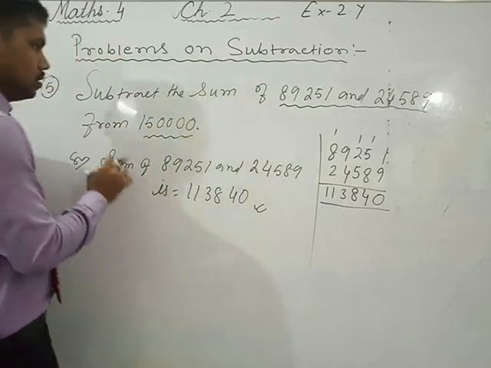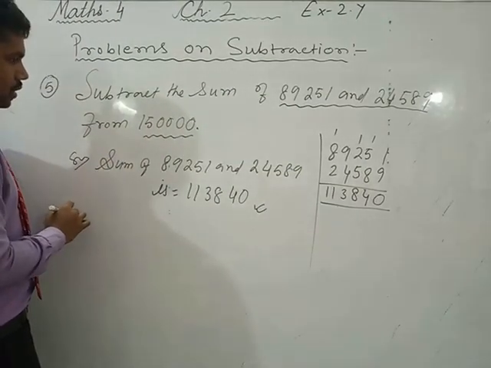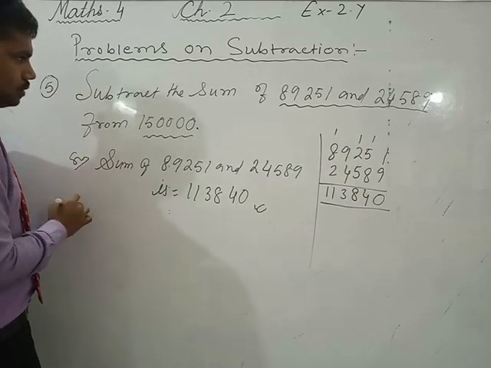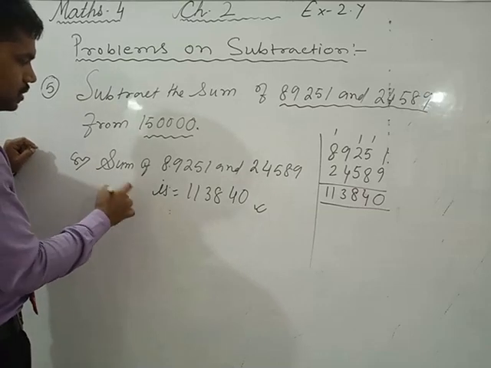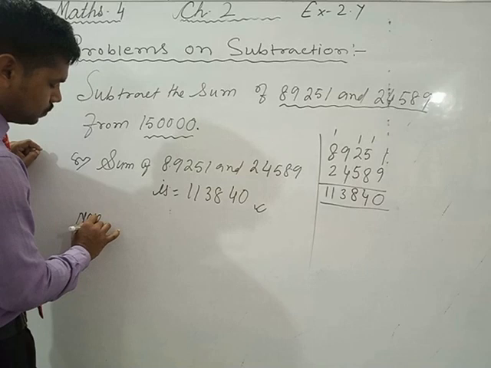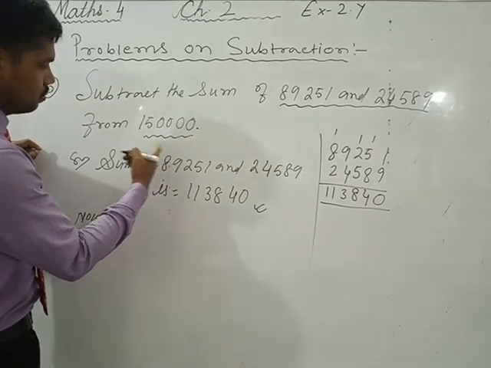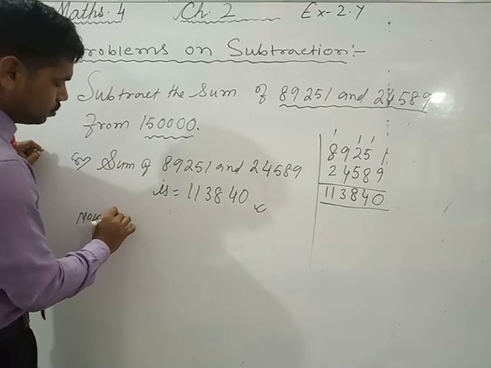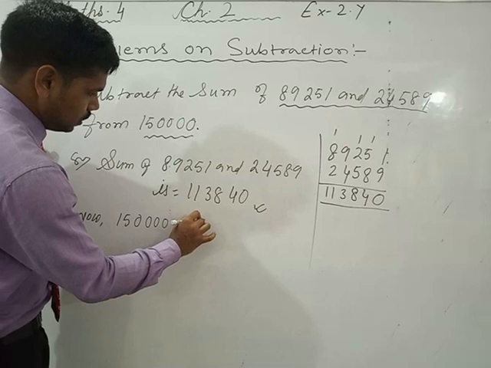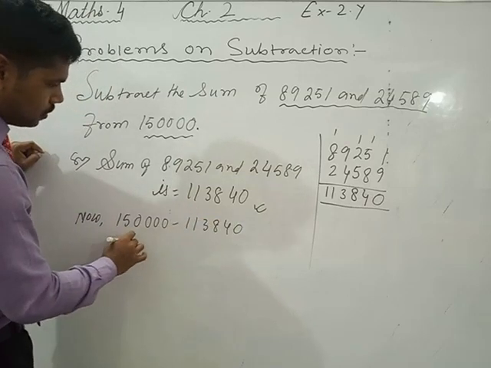Now you have to subtract this also. Okay, so show the difference or subtraction. Okay. Now subtract the sum. So subtraction of this and this is equal to, now this minus this, so this minus this. So 154010 minus 113840 is equal to,